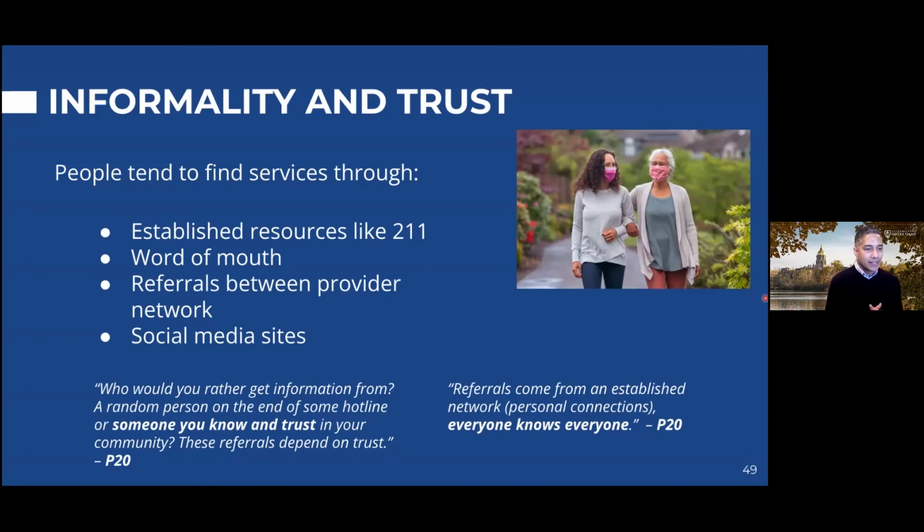From P20, participant 20: someone you know and trust is important when getting information about social services. And referrals happen because everyone knows everyone. And so they get information from people they trust,